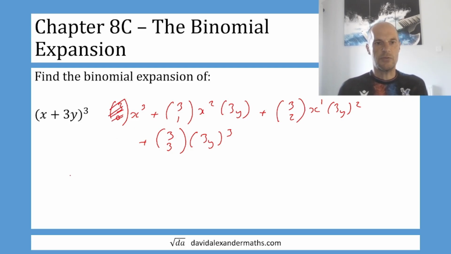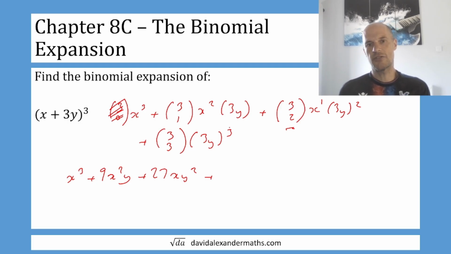Okay, so what we've got is 1x cubed. Grab the calculator, 3 choose 1, which is 3. So it's 3x squared times 3y, so we need to multiply that by 3, so that's going to be plus 9x squared y. Grab the calculator again for the 3 choose 2, which is 3 again, times 3 squared, so that's going to be plus 27xy squared, and then 3 choose 3